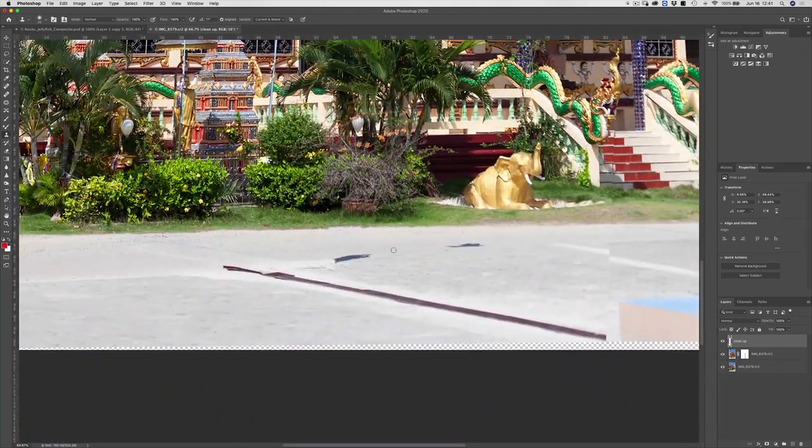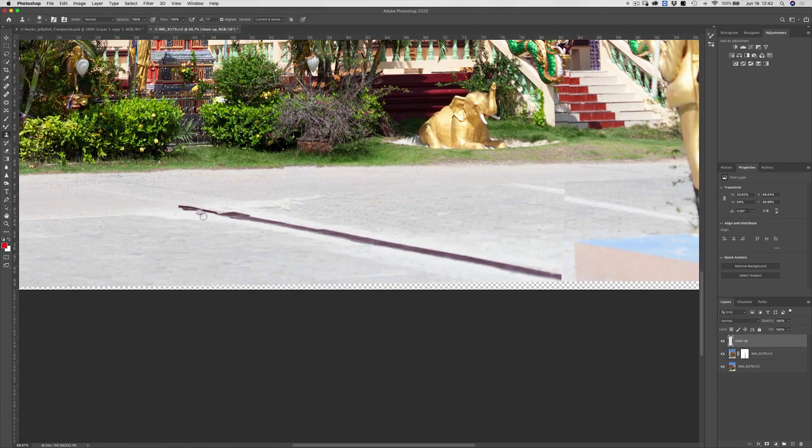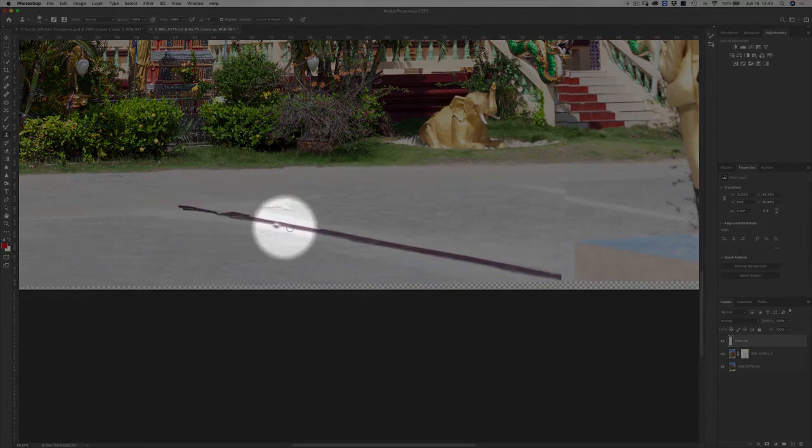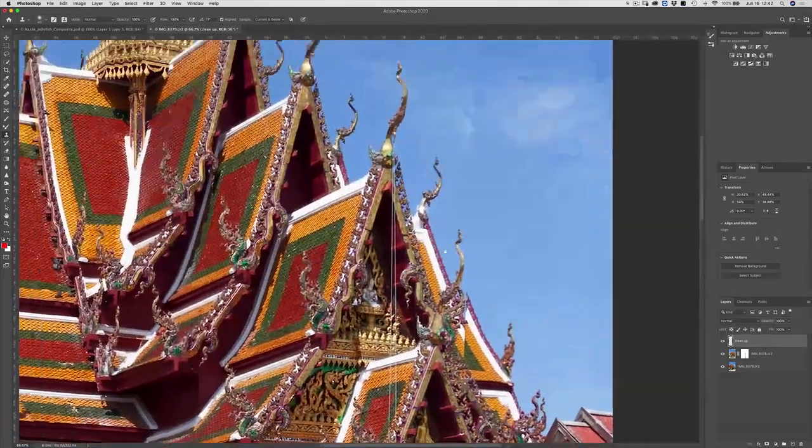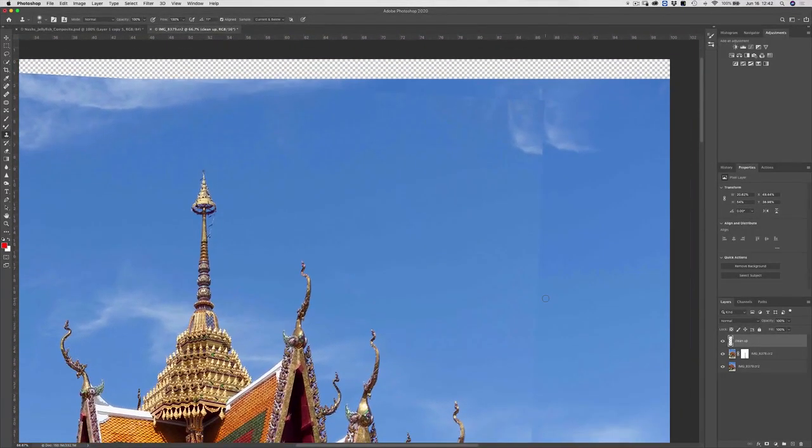All right, now we have a few issues on the concrete, but these should be simple. Holding down Option or Alt where the concrete doesn't have a shadow, and then just filling in that area. Doing the same thing again, I'm going to Option Alt click right along this ridge and then get rid of that. And you could choose, if you wanted, to get rid of this entire thing as well. But for this example, I want to make sure that I go up to the sky because I think the sky needs some help over here.